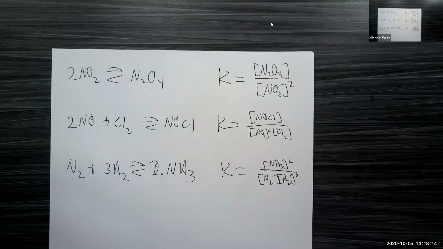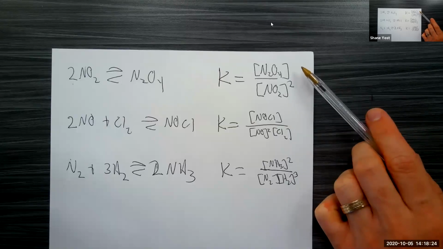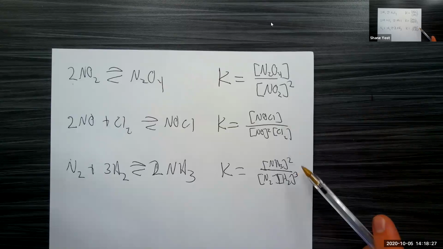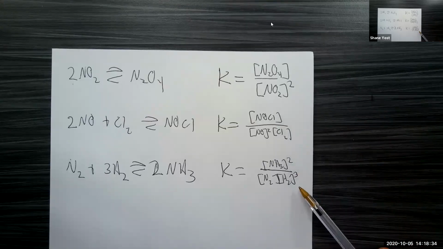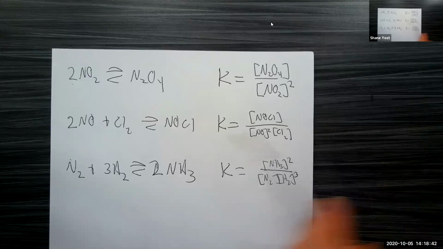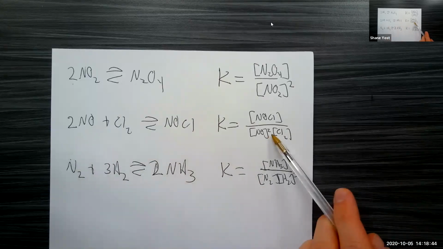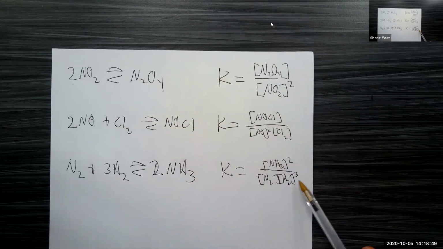Exactly. And so what is the pattern that we're doing here for each one of these equilibrium reactions? What are we putting in the numerator here? Our products go in the numerator of our ratio, and in the denominator, it's then the reactants. And then what am I doing with the stoichiometric coefficients? They go to their powers. So if a stoichiometric coefficient of 2, power of 2. Stoichiometric coefficient of 2, power of 2. Stoichiometric coefficient of 3, power of 3.